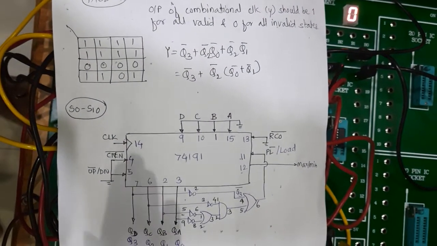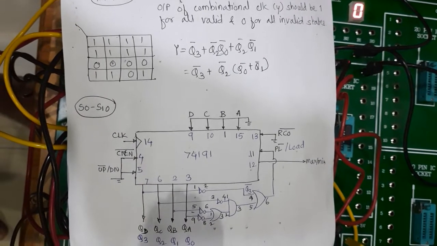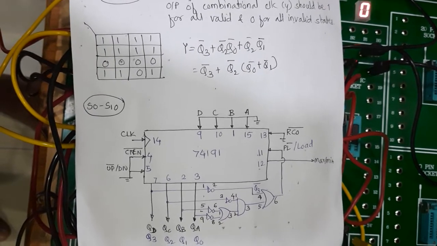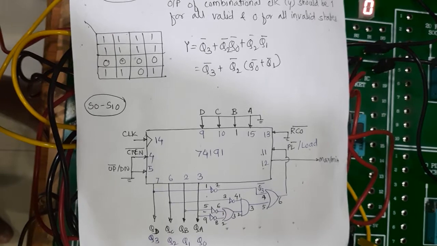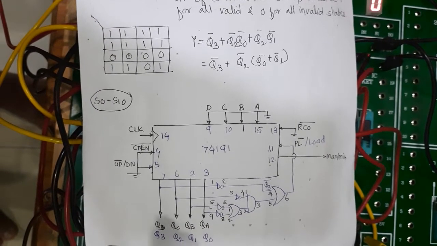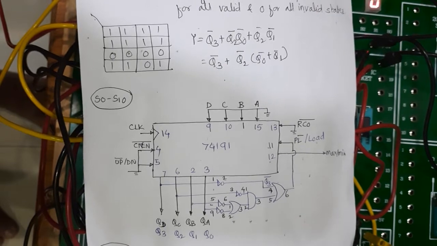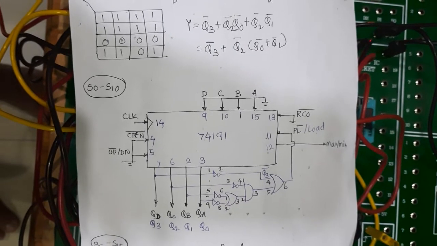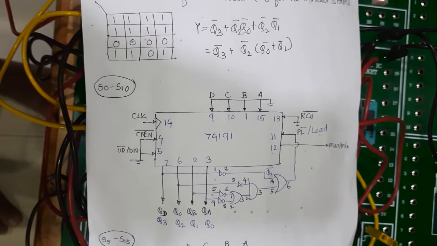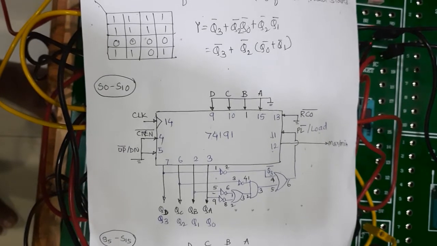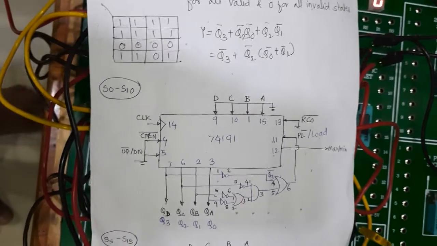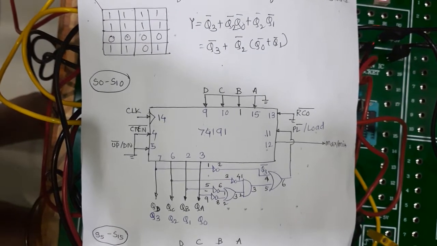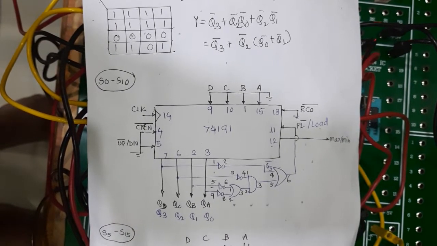Now one more thing is, when I say mod n, n can be from count 0 to n minus 1, or whatever the final count is, that is 15 counting backwards. If I have mod 10, then I can start from state 0 to state 9, or I can start from S6 to S15. So any limit can be taken. Either I can take the lower limit and get all the required states, or I can start with the upper limit and get all the required states, which gives me the number of states.